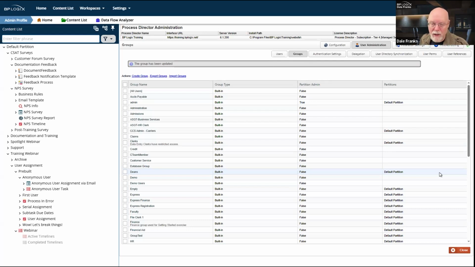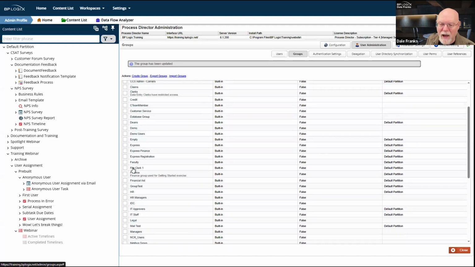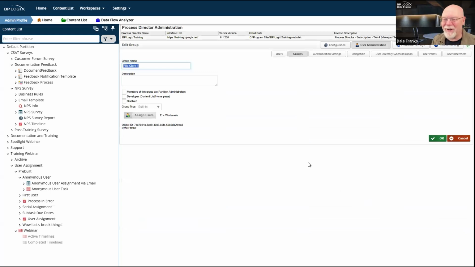Obviously, any running activities will have already been assigned to Barb, and if I have to change those, I have to do that administratively. But for the future, everything is assigned to Diana. So I might want to give this a different name than Dean. I think I have some, like File Clerk 1. Here's one. It can be more generic, but File Clerk 1 is Eric Wintemute. And if Eric leaves or gets replaced by somebody else, all I have to do is go into the group and change Eric Wintemute. So that's both the drawback and the advantage of managing by groups like this.